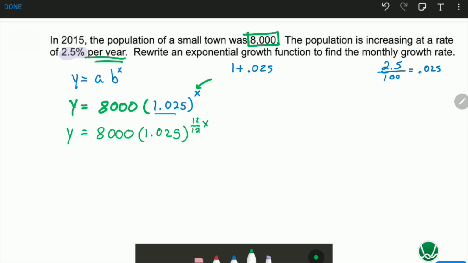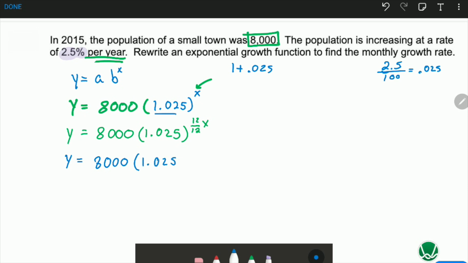12 over 12 is actually 1, so we're not changing the value of the actual exponent itself, but it does change the format. So we're not actually changing the value of the expression, we are changing the format, however. Now that we have this, we can kind of separate it here. So y equals 8,000 times